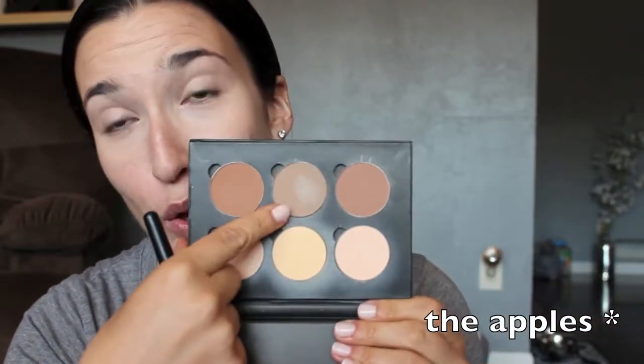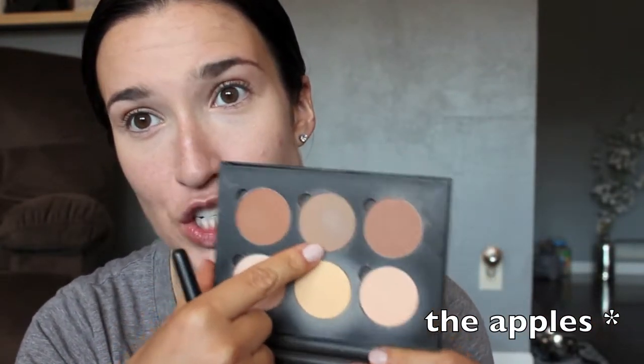Now, we are going to contour. And I've been actually kind of doing this more often than not, how about that? And not to create any crazy jawline, because I have a very big jaw, but to just define the cheekbones, you know, kind of want to look like you've got injections but without getting injections. So I'm going to take this ashy shade from the Anastasia Beverly Hills Contour Palette and a small e.l.f. stippling brush,